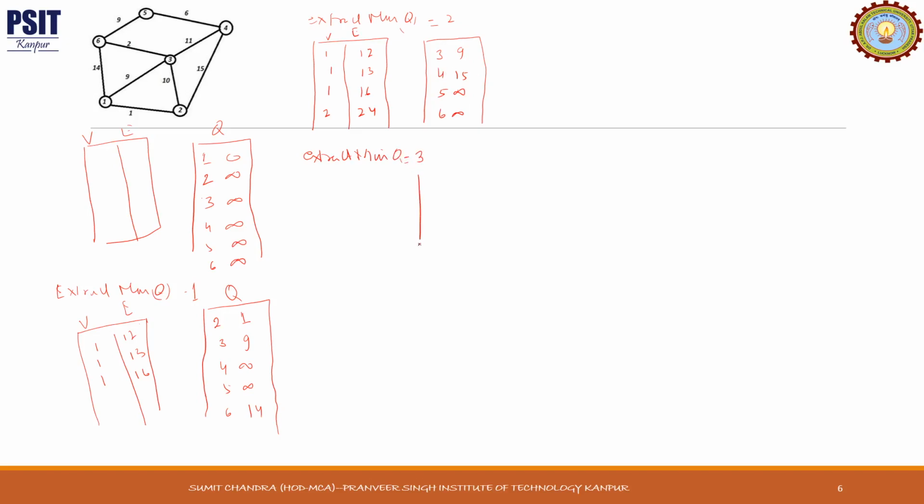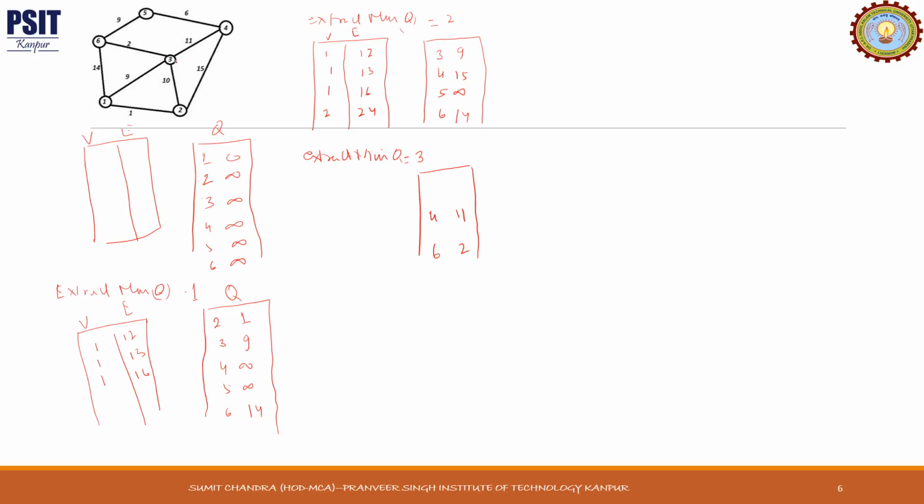So now we'll check the neighbors of 3. So neighbor of 3 is 6, here weight is 2, here it was 14 in the previous table. So here 3 to 6 weight is 2, here we are having 14, so we'll update it. So 6 will become 2. Neighbor of 3 is 4, the weight is 15, here weight is 11, so again we'll update it.